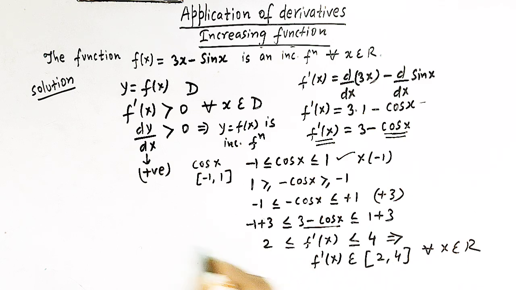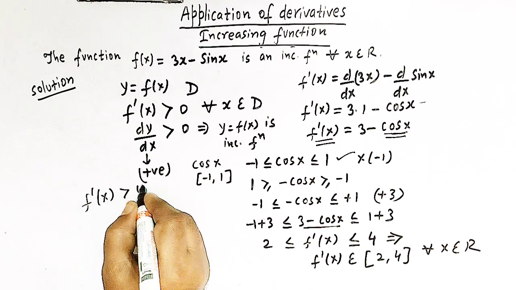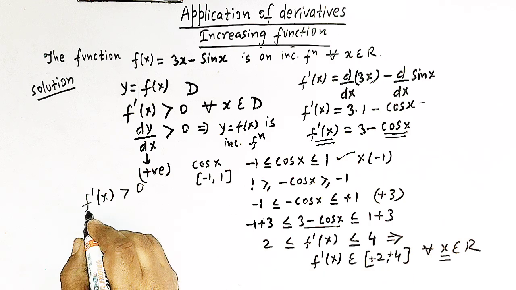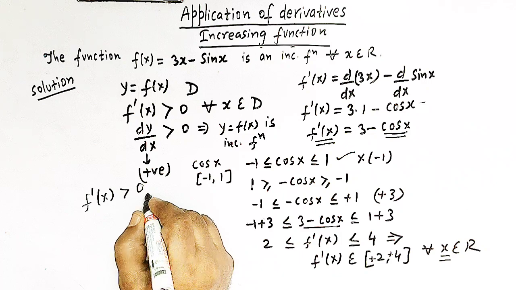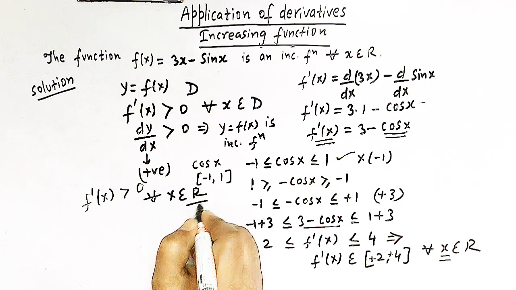So f prime of x is always going to be a positive quantity for all x belonging to R, because here 2 is positive and 4 is also positive, and the derivative is having values between these two numbers, including 2 and 4, right? So f prime of x is always a positive quantity for all x belonging to R,